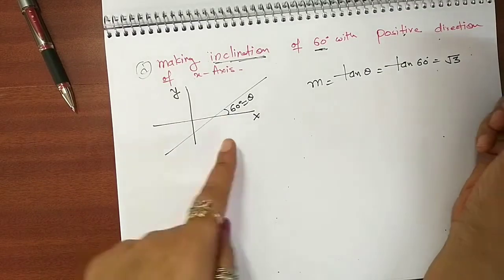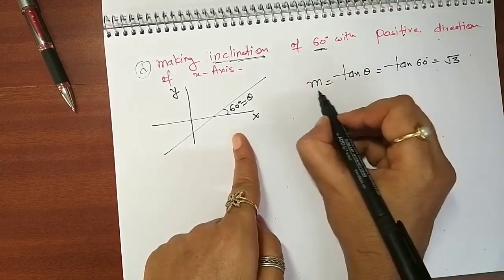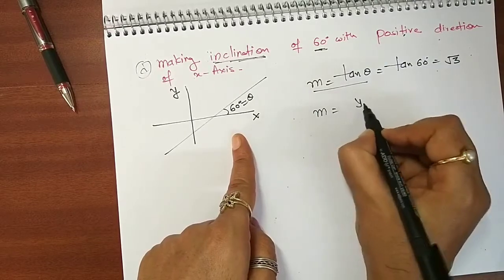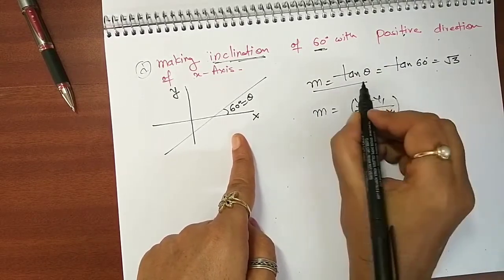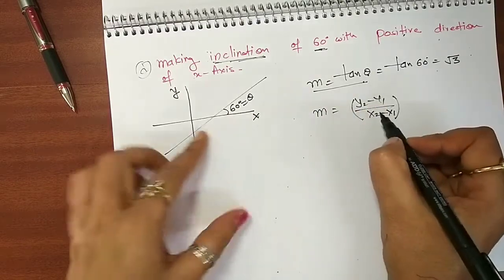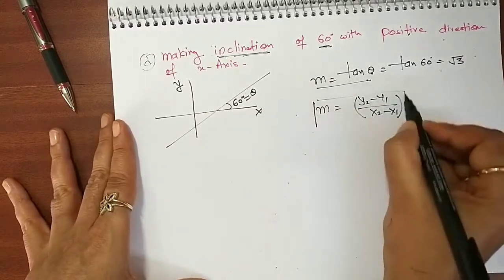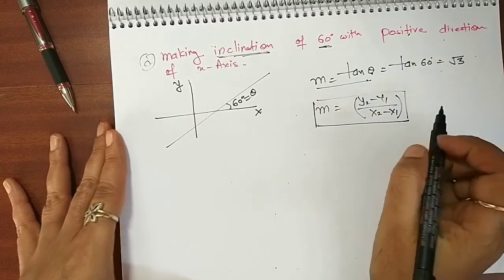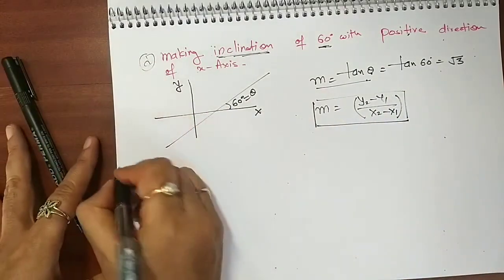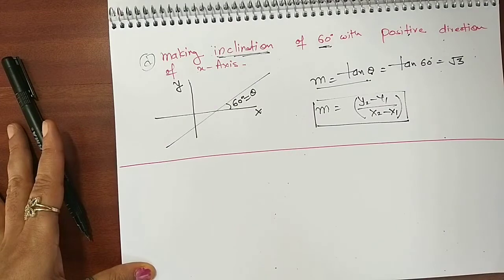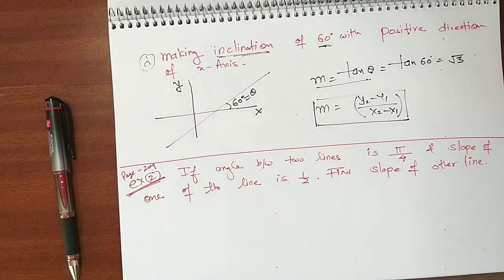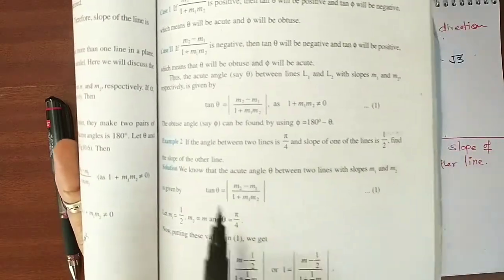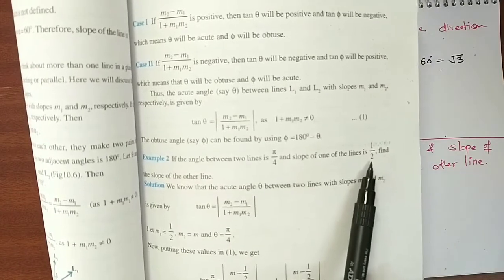So guys, for slope we have two formulas. One is this, and another is y2 minus y1 by x2 minus x1. Use this if inclination is given. Use this if points information is given. Okay. So my first question is over. Here is the next question, guys. Question example number 2. You can find it in your book. Okay, this is example number 2.